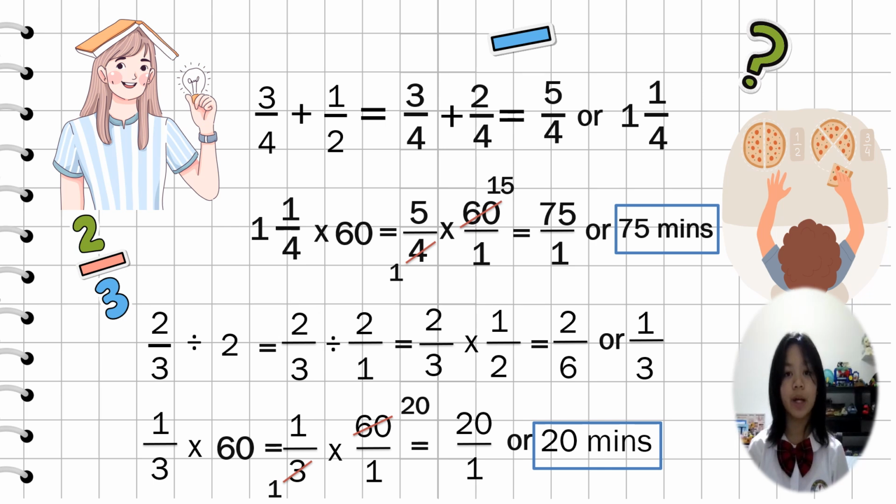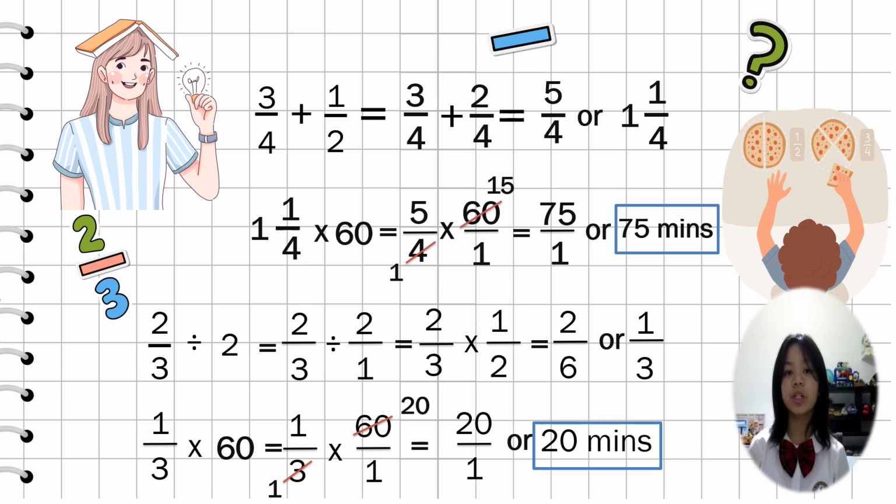Remember, in dividing fractions, we keep, we switch, and we flip. We will now have 2/3 times 1/2. 2 times 1 is 2, and 3 times 2 is 6. The answer will be 2/6. We can still simplify this by dividing by 2. So our final answer will be 1/3. To convert it into time, since 1 hour is 60 minutes, we will multiply it by